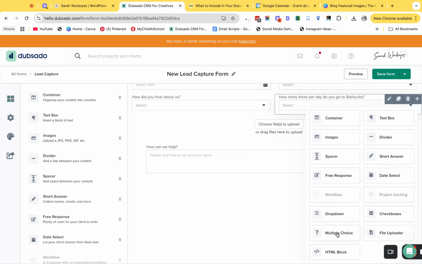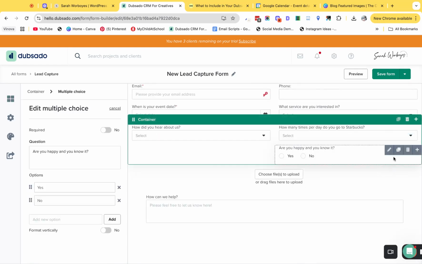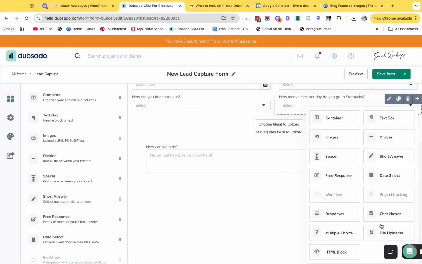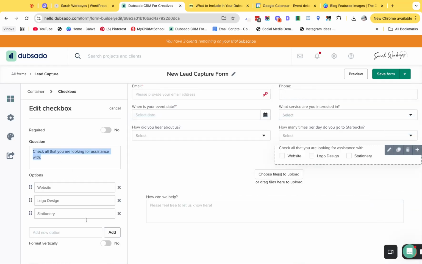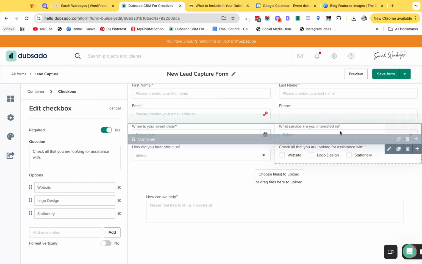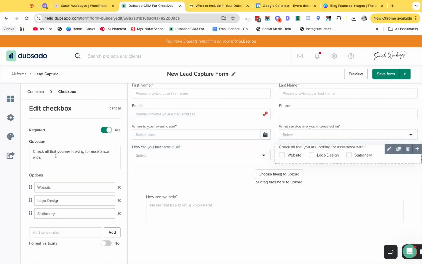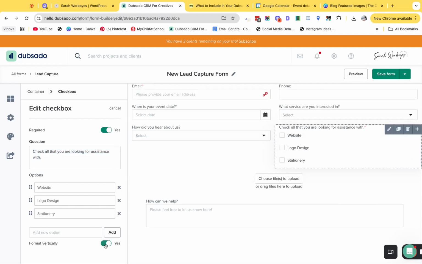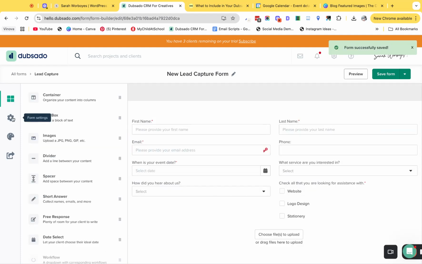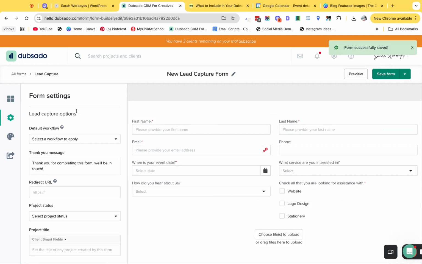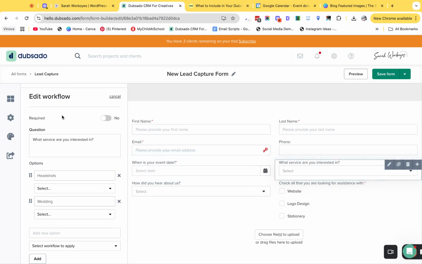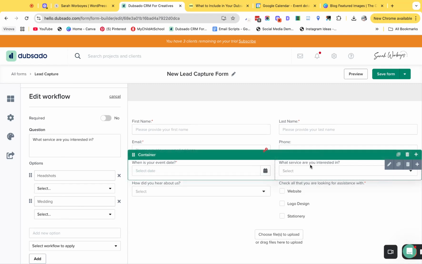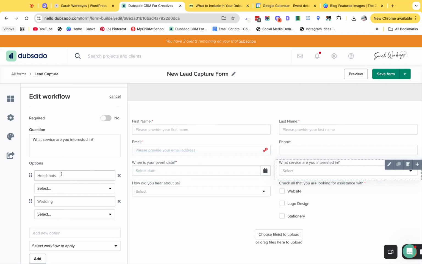And then we have the multiple choice field as well. And finally, you have the checkboxes. So you can also use checkboxes for services. So if you didn't want to use the workflow option of which service are you interested in, you could use the checkbox and you could format it vertically as well. If you go over to form settings, here is where you have some options. So if you're using the workflow section where you are triggering automated workflows off of the drop down being selected,